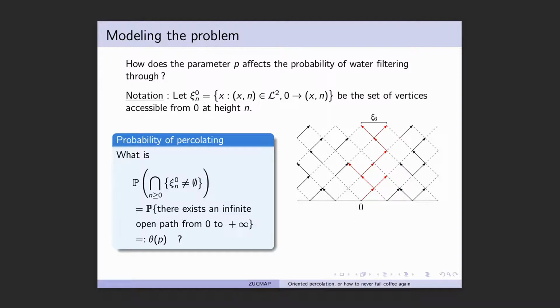This is the probability that we will look at. It's called the percolation probability, and we'll see that it varies along different values of p, and it tells us a lot about this random structure. And the first result we are going to see is that this model exhibits what we call a phase transition. So there is a critical value p_c, somewhere between 0 and 1, below which this little gadget, theta of p, is always 0, and above which it is strictly positive.